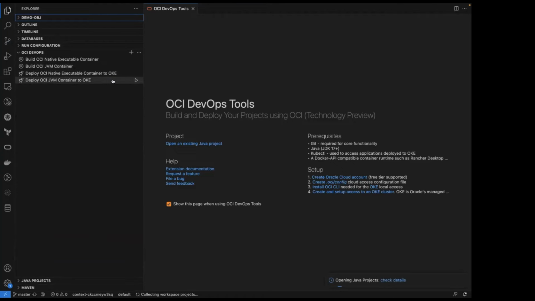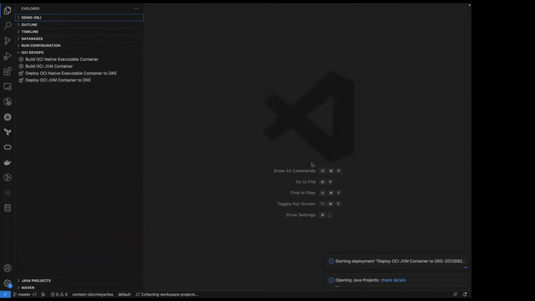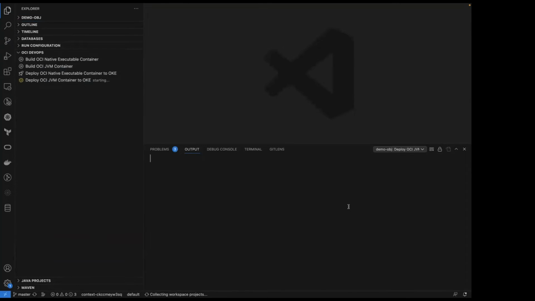Now, let's run the deployment. I think I've already built the container for this, so the deployment should be a relatively quick process rather than building the container. This will take a container that's been pushed to the OCI container repository that has been set up specifically for this project. It will pull a container from there using some standard default names that are associated with your project, and it will then deploy it to OKE.